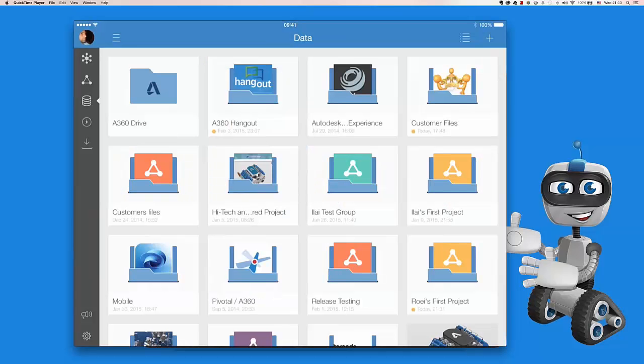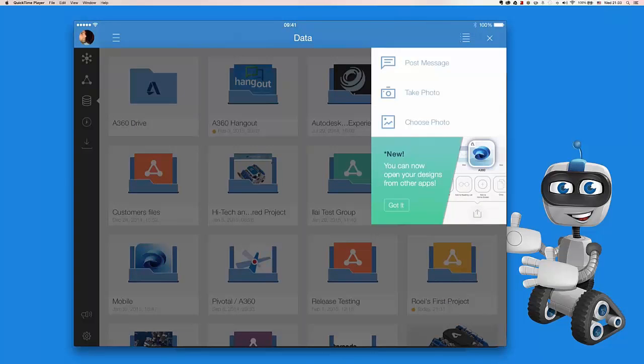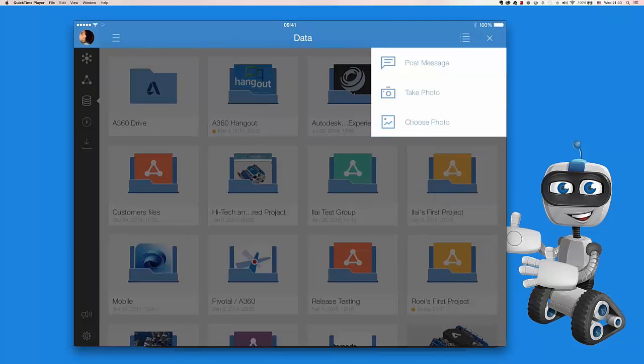So you see the two on the bottom, the two left ones. These are the ones I just uploaded. So you see they don't have a thumbnail since they are still generating the preview for mobile. So we're going to need to wait for that. So for iOS, this is how you can upload files to your projects. Later on, we're going to simplify things and connect to Dropbox and other services straight from the mobile